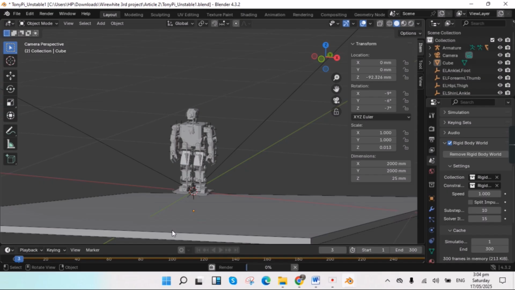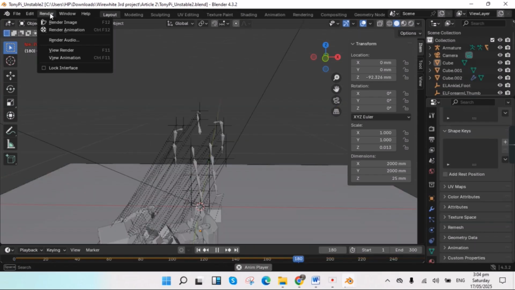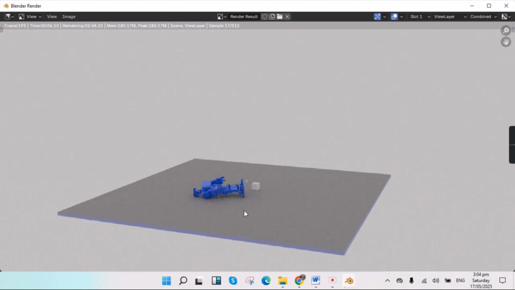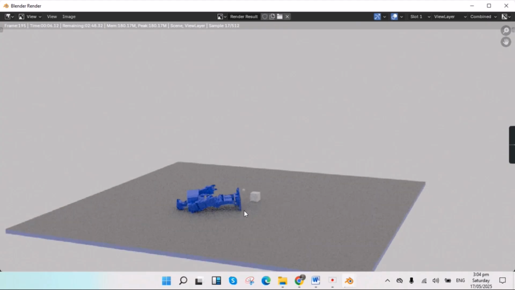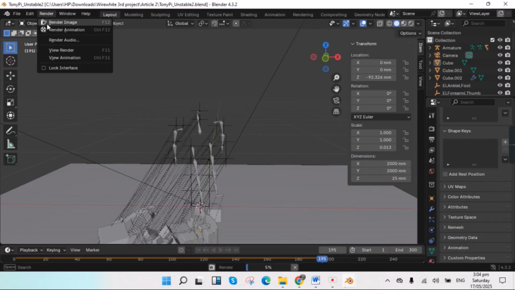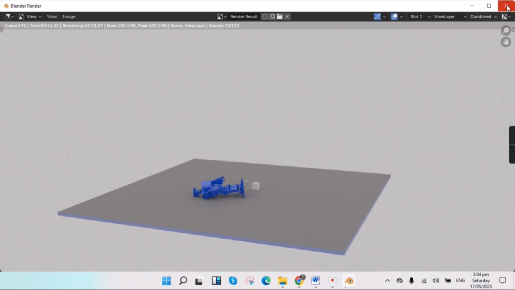See, this is the second unstable mode, which is rendering an image right now, and this is the, yes, this one. See,